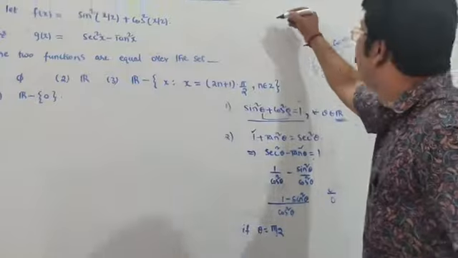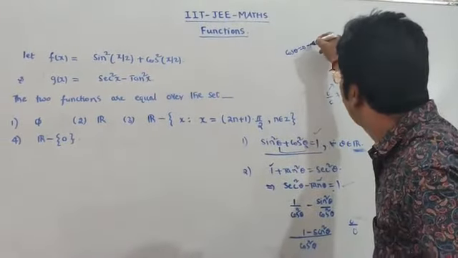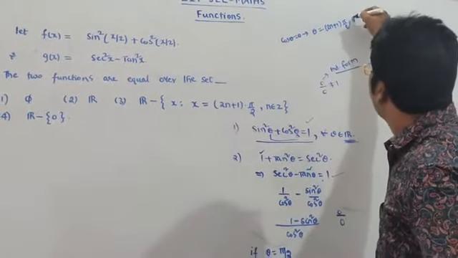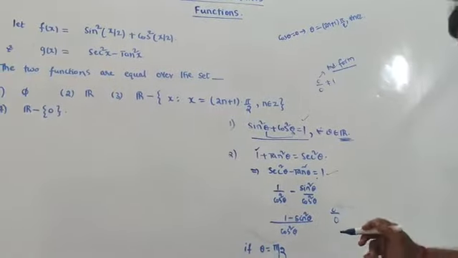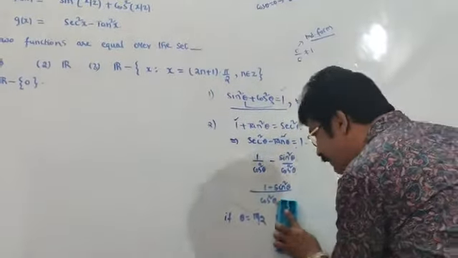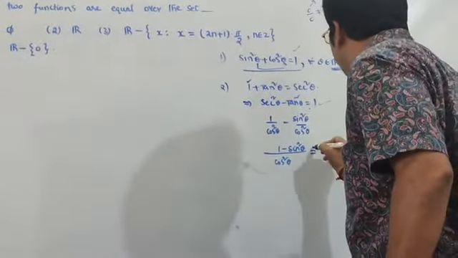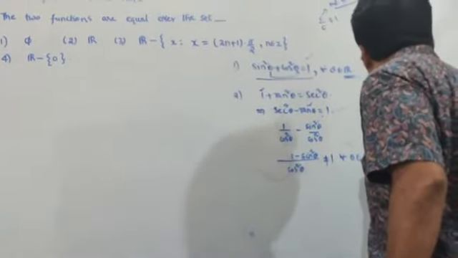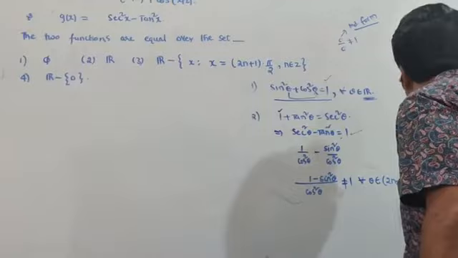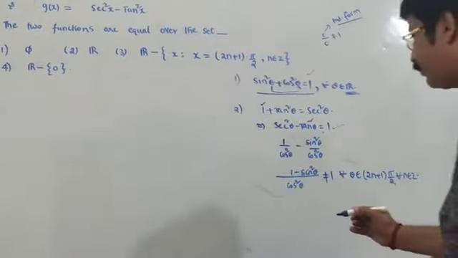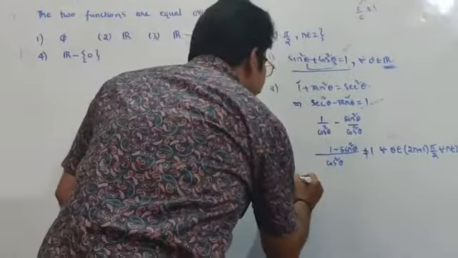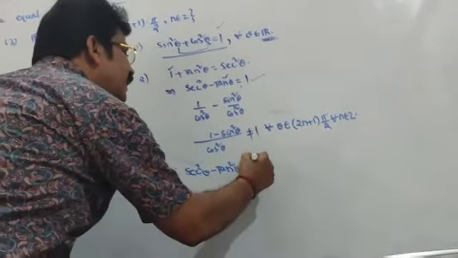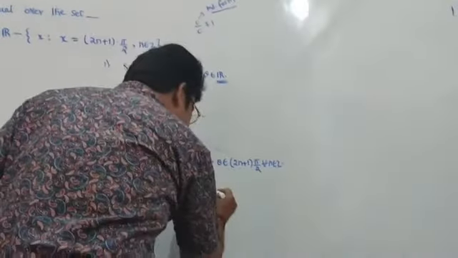Already we know the general solution for cos theta equal to 0 is theta equal to odd multiples of pi by 2, for all n belongs to Z. So therefore, I am telling that it is not equal to 1 for all theta that belong to odd multiples of pi by 2. Therefore, secant square theta minus tan square theta will be equal to 1 for all theta